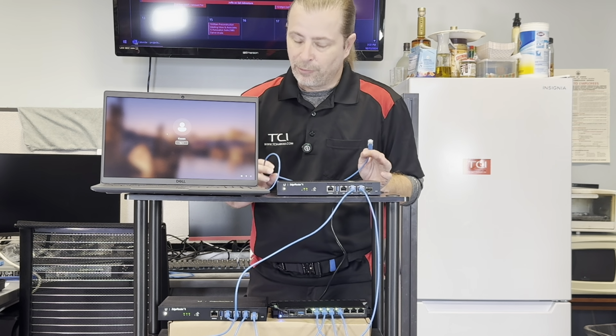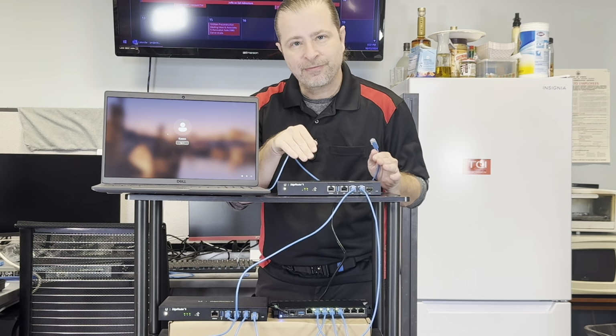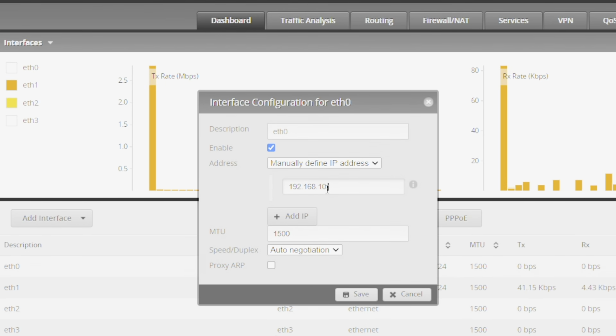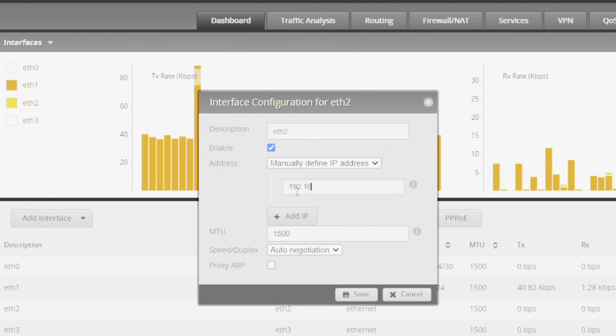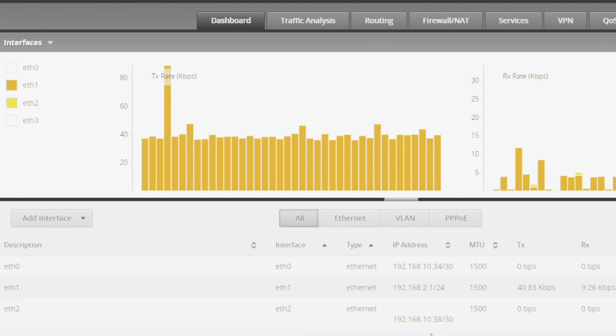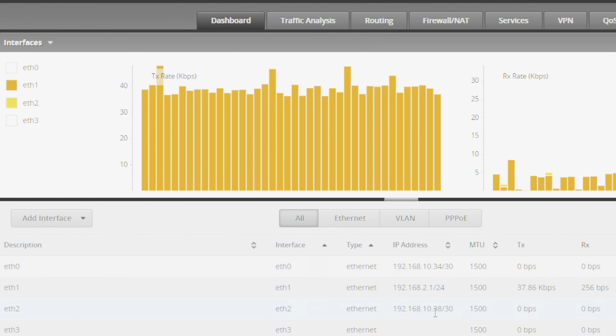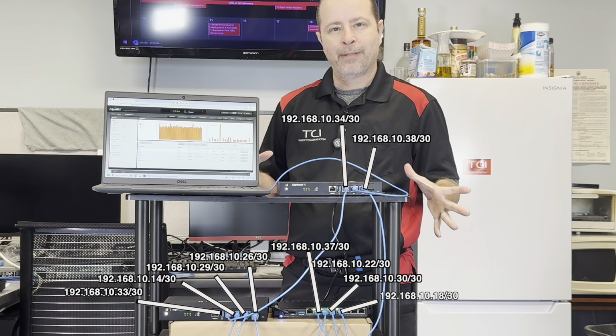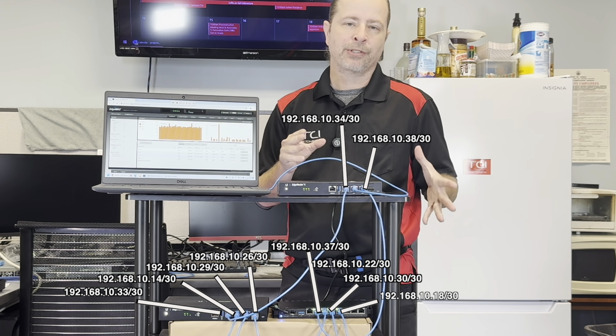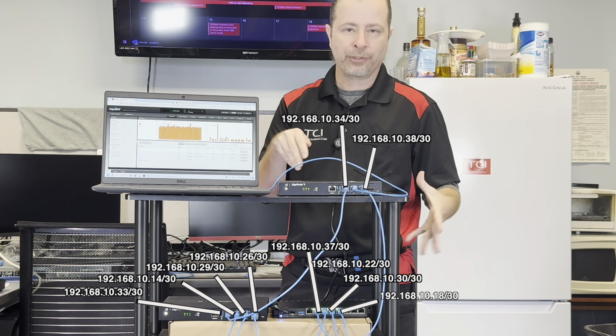All right, I'm going to connect my laptop to each of these routers on the shelf, and I'm going to configure all of those interfaces to match everything in my diagram. That's going to take me a bit of time, so I'm just going to cut to that being finished already. All right, I've got all my IP addresses assigned to every single Ethernet port on every single one of these